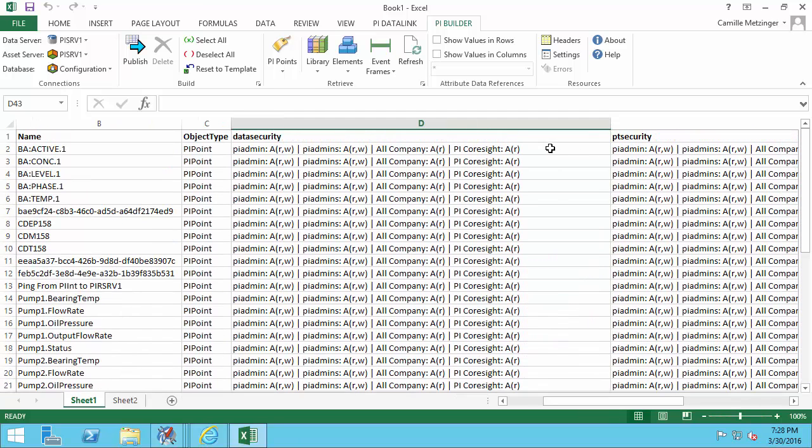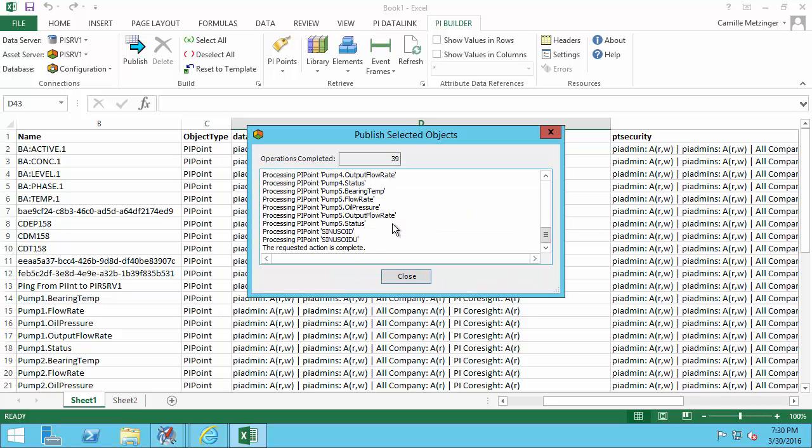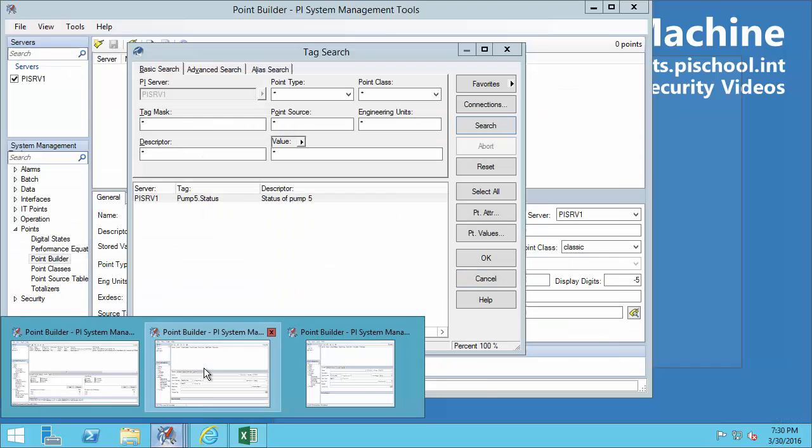One thing that you might also notice is that I have given PyCoursight read access to all of the PIPOINTs as well. I can safely do this because in this environment, I have configured Kerberos delegation for PyCoursight. This means that if somebody is using PyCoursight, they will only be able to see the PIPOINTs that they have permissions to. Everything looks good here, so I'm going to go ahead and publish these changes. As you can see, PyBuilder allows me to really quickly change the settings for a large number of PIPOINTs,